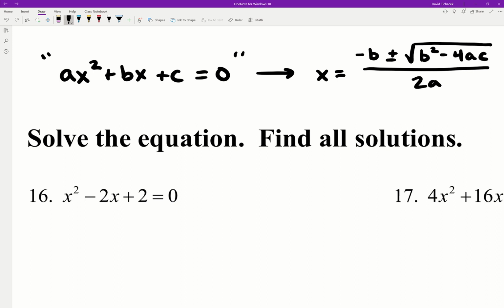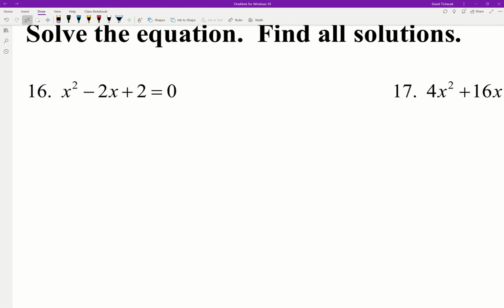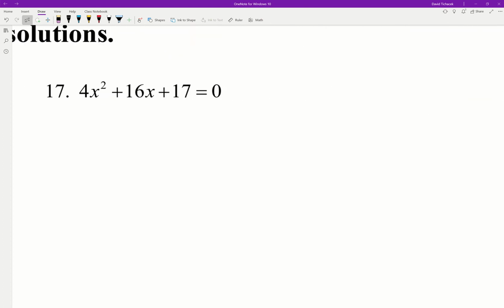Okay, so while you could use other methods like maybe factoring or completing the square in some of these examples, I'm just going to go ahead and straight up apply the quadratic formula to each one of these. And so if we go ahead and take a look at maybe say number 17, since we're doing the odds here in the video, let's go ahead and pick out what's playing the role of a, b, and c. You notice that we have the special form going on here, so pretty easy to tell that playing the role of a is 4, playing the role of b is positive 16, and playing the role of c is positive 17. Okay, if I go through and calculate my discriminant here really quickly, b squared minus 4ac,